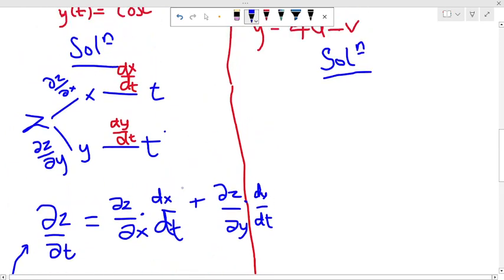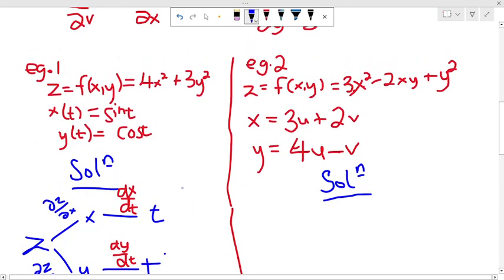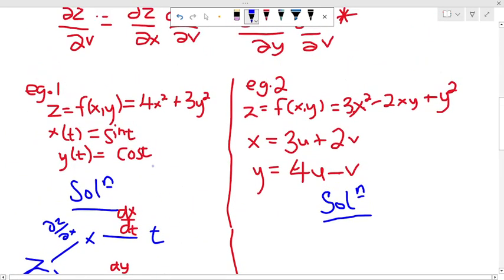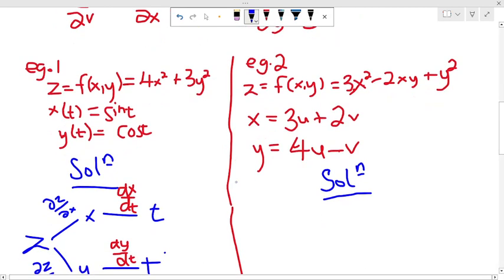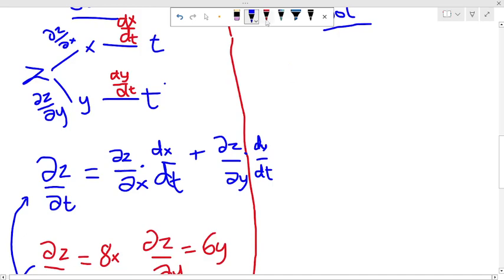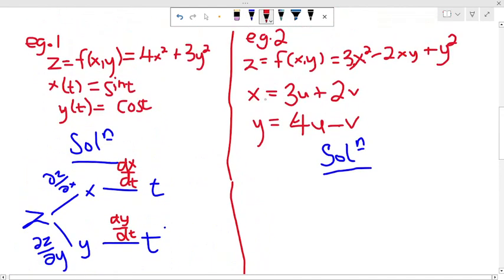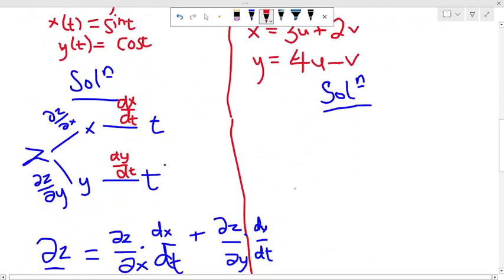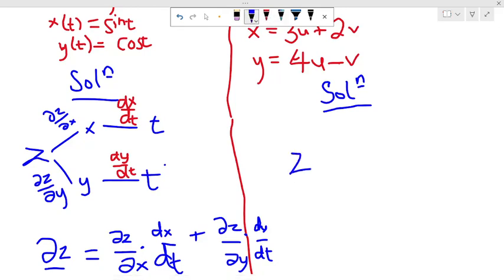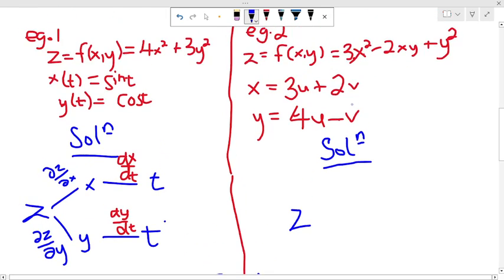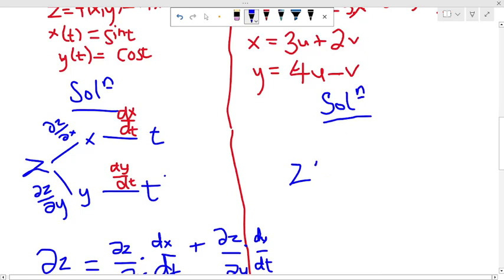Now with the idea from example 1, let's use that same idea to solve example 2. So now with that example 2, we have our function z, and our z depends on x and y. So therefore here our z is dependent on x